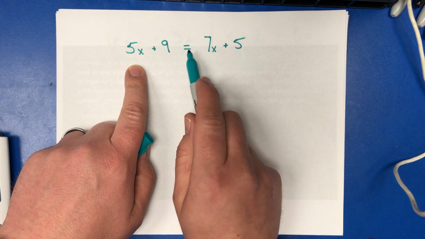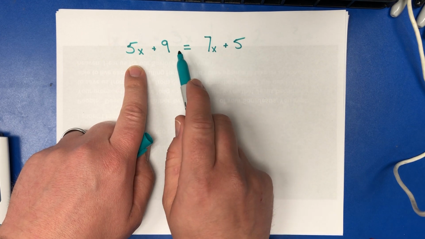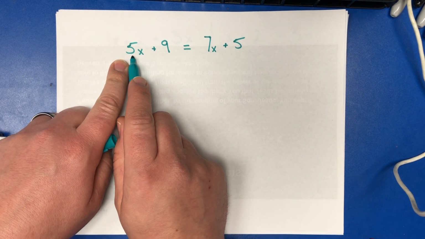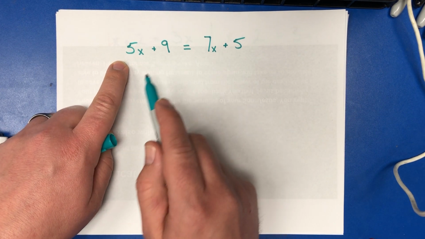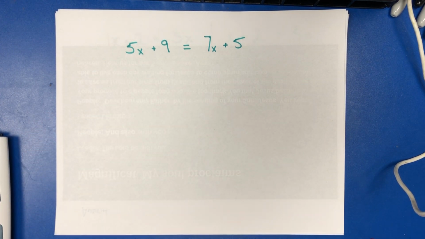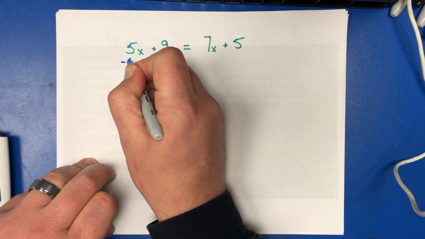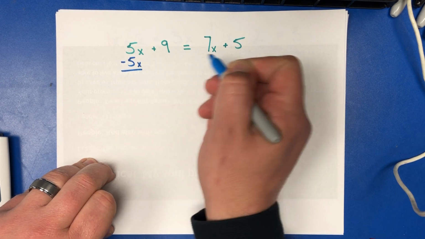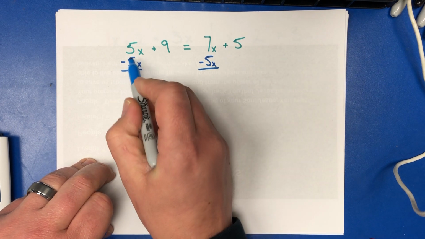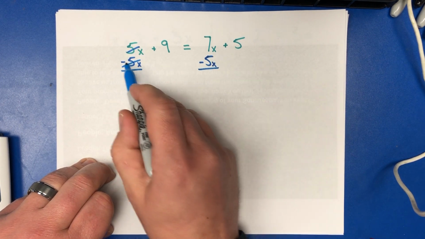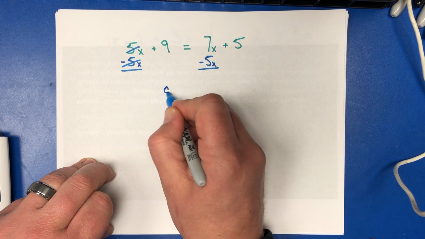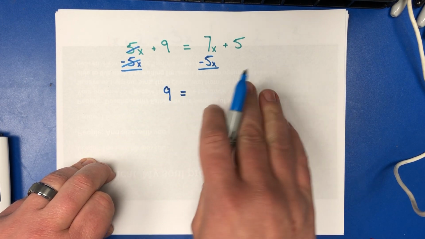Hey, I've got this equal sign tied in here. I might be able to do something with this. So again, I'm going to look at this. I'm going to say that there's 5x's over here. There's 7x's over here. I'm going to take away the 5x's on the left. And to balance out my equation, whatever I do to one side of the equal sign, I've got to do the same to the other side. So I'm going to subtract 5x's over here. That cancels out, leaving me with no x's. On the left, it leaves me with 9, which is equal to,